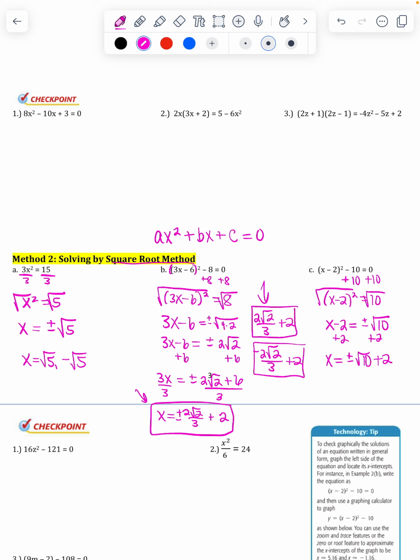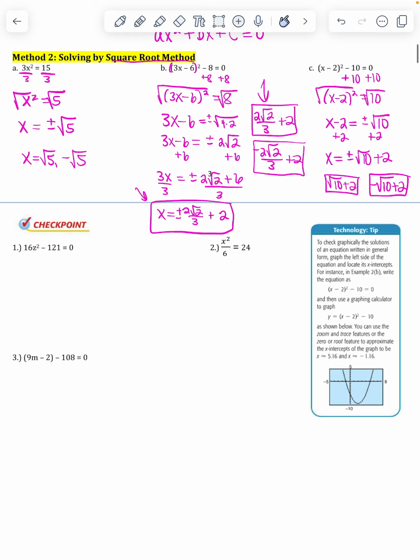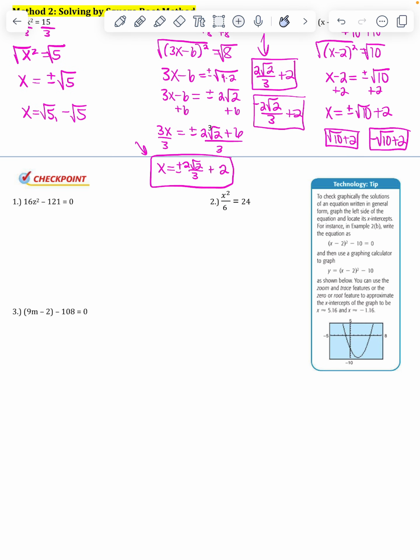You can leave your answer like that, or if you would rather write it out as your 2 answers, it would be the square root of 10 plus 2 as one answer, and negative square root of 10 plus 2 is the other answer to where this crosses the x-axis. If you want to press pause and try the checkpoint questions,